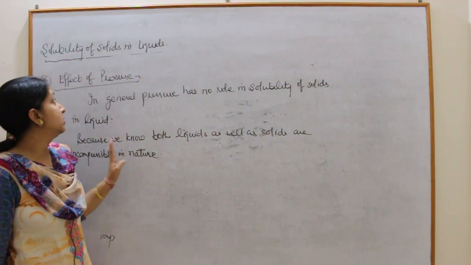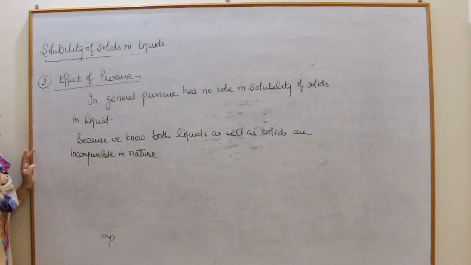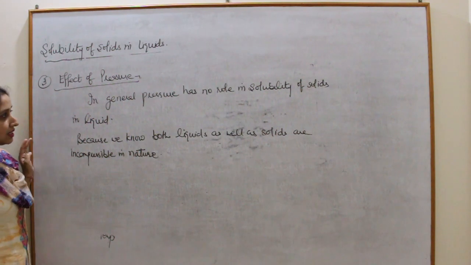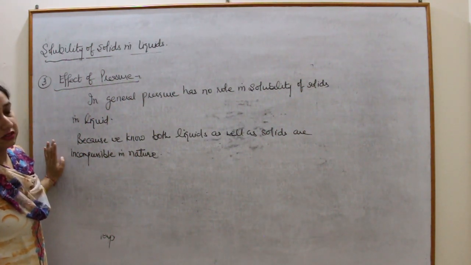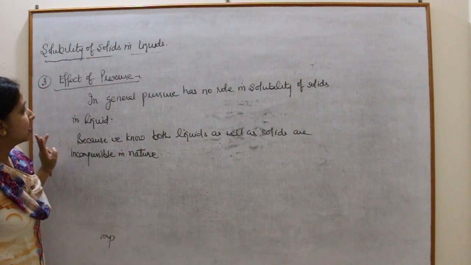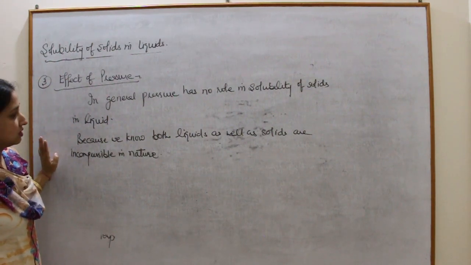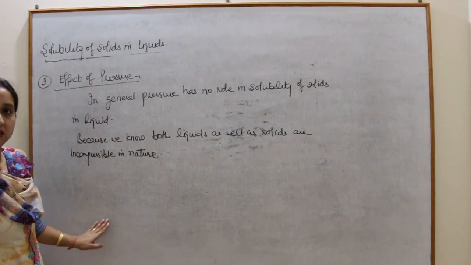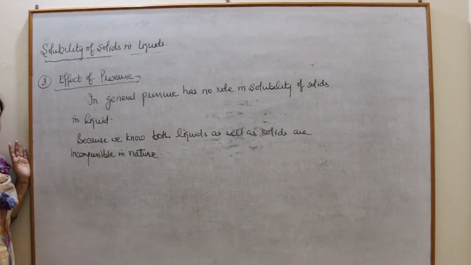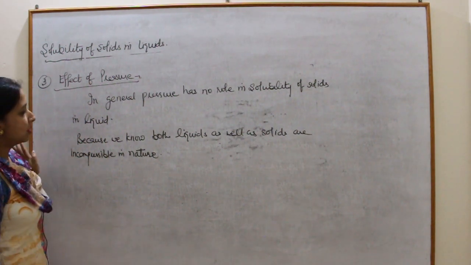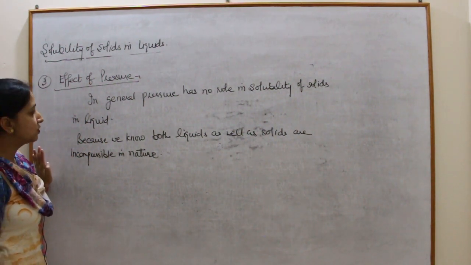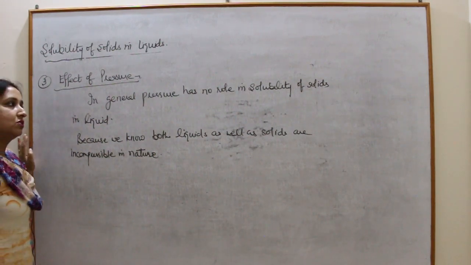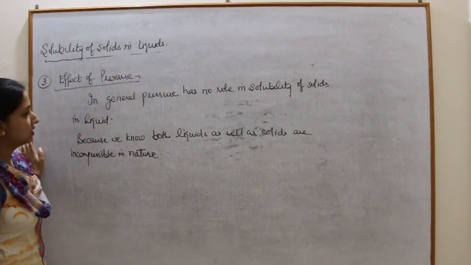So this is all about the solubility of solids in liquids. Under this topic we have discussed what you mean by solubility. Next, the factors which affect the solubility of solids in liquid. There are mainly three factors. First is the nature of solute as well as solvent, for which we have to learn the rule like dissolves like. Second, the effect of temperature, under which we discussed endothermic, exothermic and solids showing irregular behavior. And third is the effect of pressure, but pressure has no significant role in the solubility of solids in liquid.